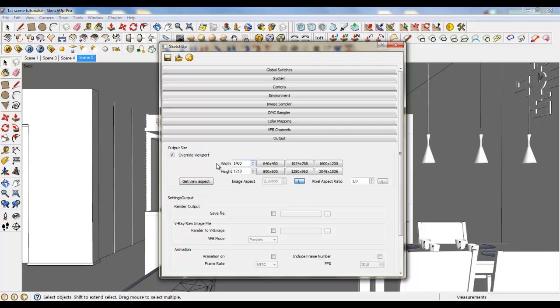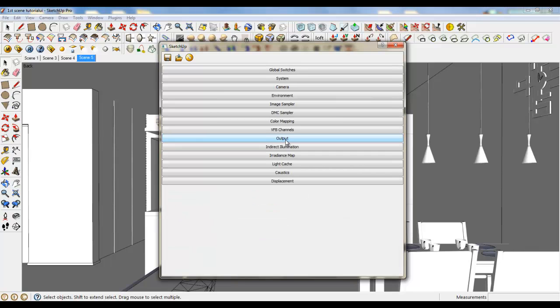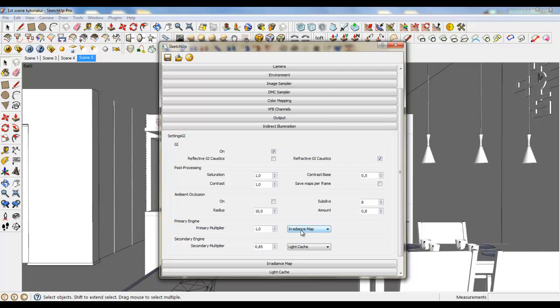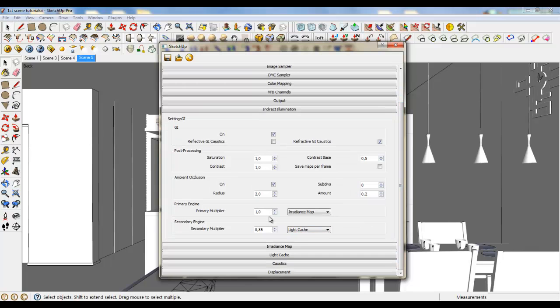So leave 150. For different renders I will be using different aspects, and you will have to adjust them also. For indirect illumination, let's click on ambient occlusion and radius 2, amount 0.2, leave subdivs to 8, but in the final render we will change it. Primary multiplier and secondary engine